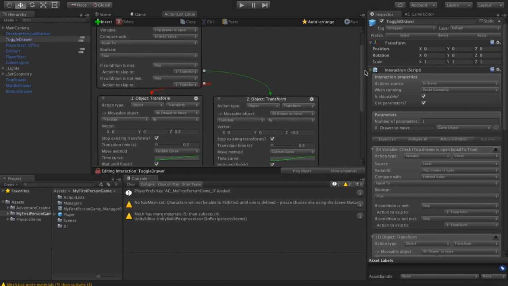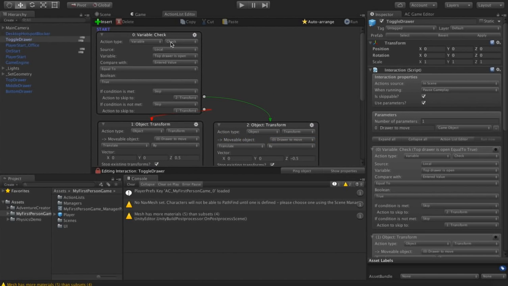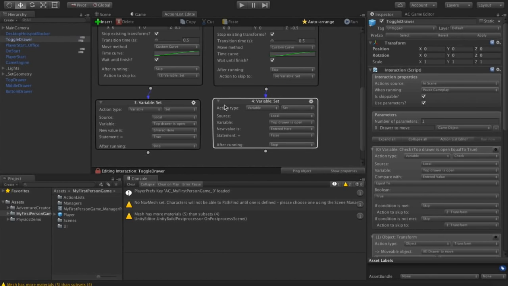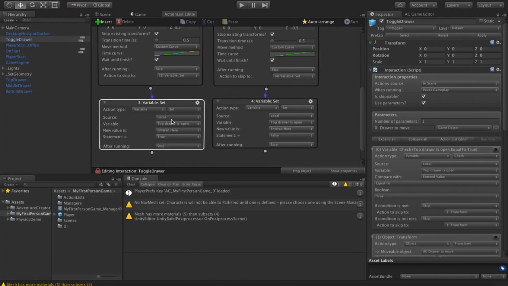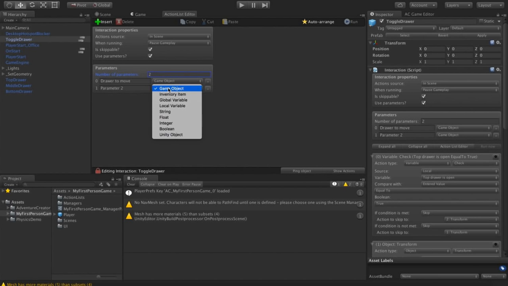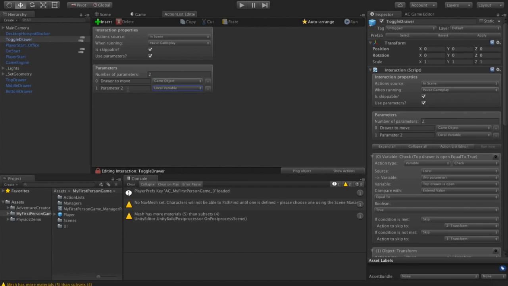We want to do the same thing to our variable check and variable set actions. We're going to be changing which variable is read and written to dynamically when the action list is run. So again, in show properties, I'm going to make a new parameter. This one is going to be a local variable, and it's going to be named variable to affect.